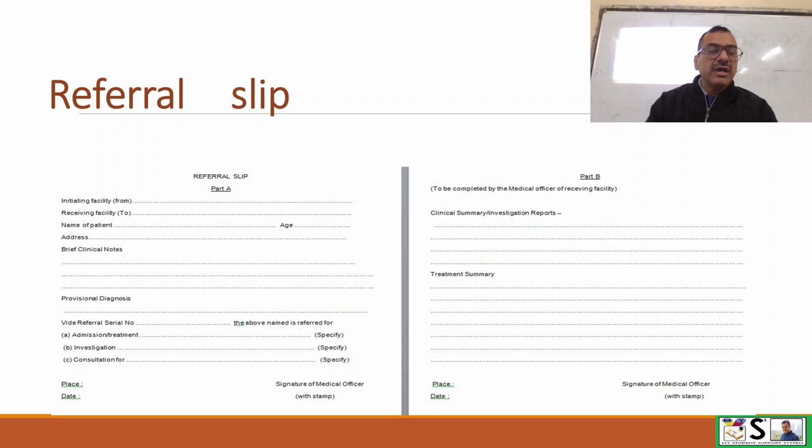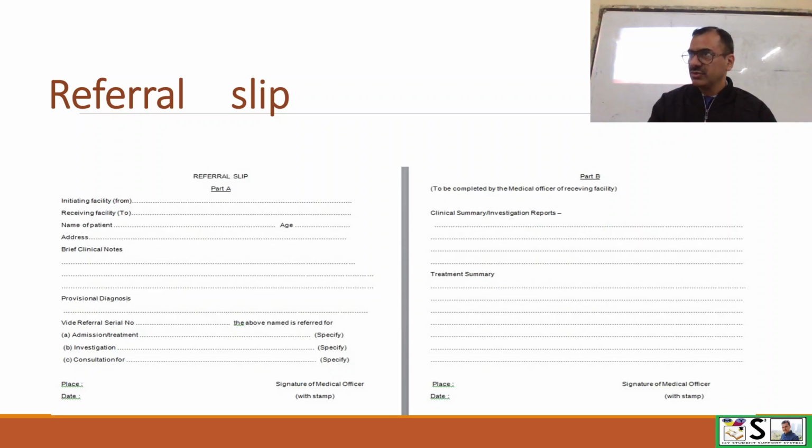A, admission or treatment at the higher facility. B, investigation such as ultrasound or X-ray, whichever investigation is to be done. And third, for consultation. In this way we clearly write what treatment is needed, and then the signature of the medical officer